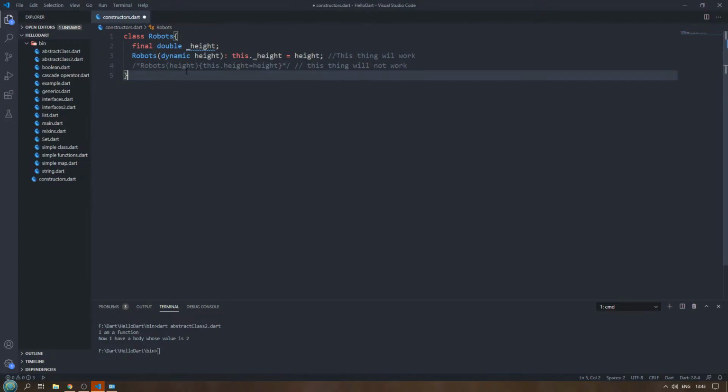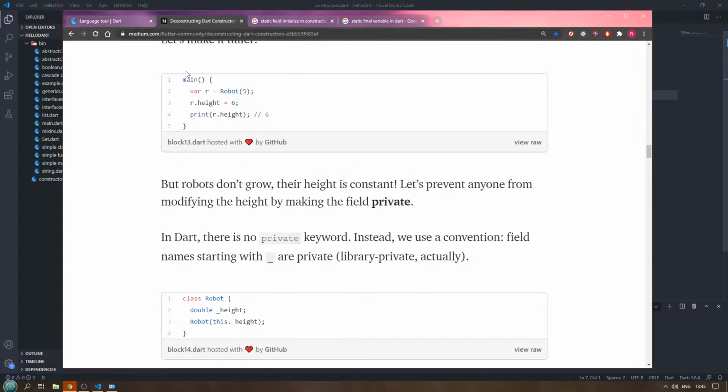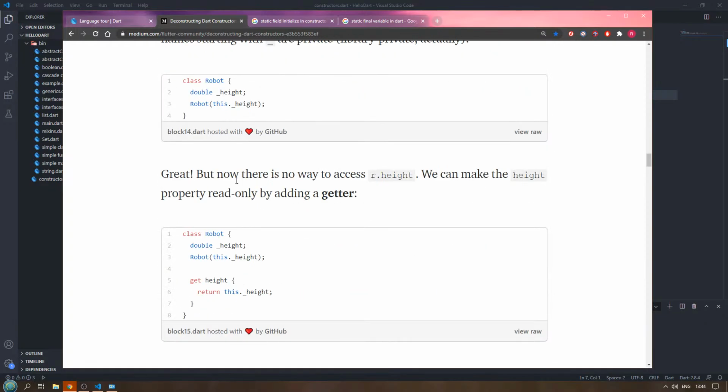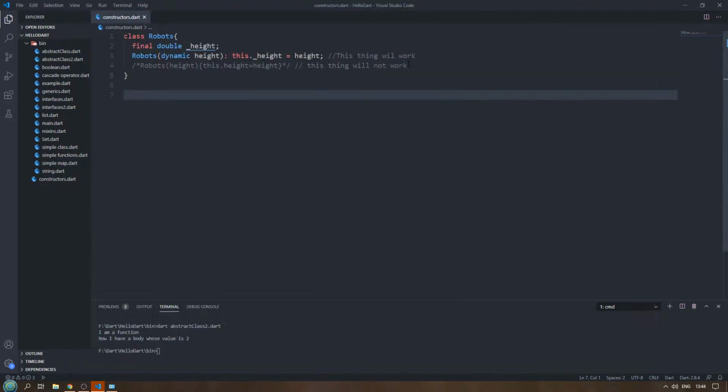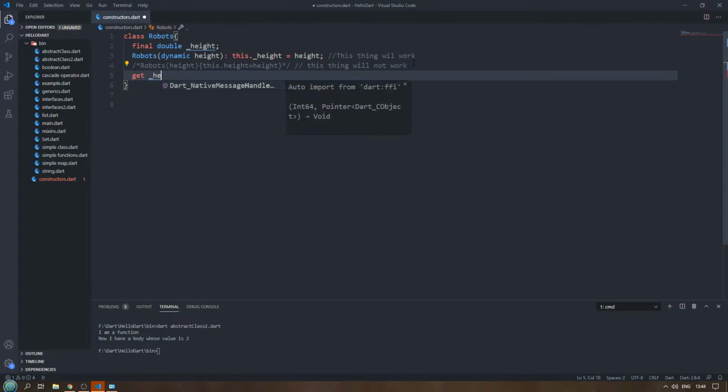I was really confused. Anyways, so we have a final variable height, and I do not really want anyone to change it from anything else. So I can do one thing: I can make a getter value. So I'm going to get the height. The variable, say get height. I'm going to give us the